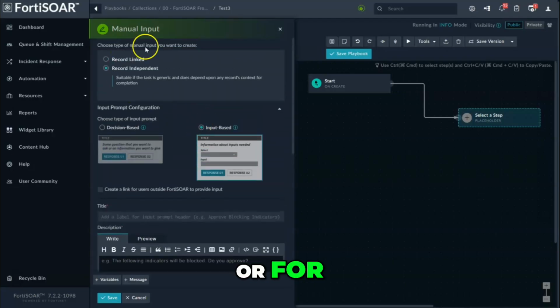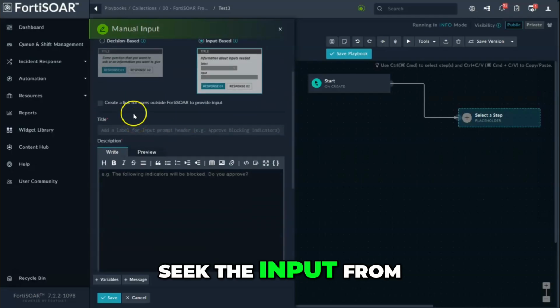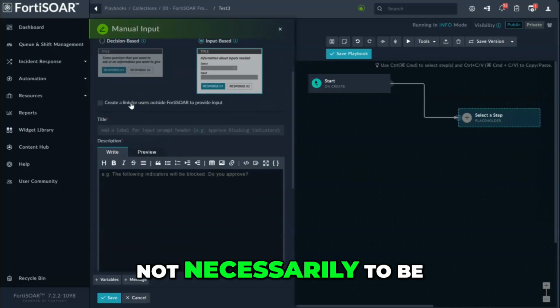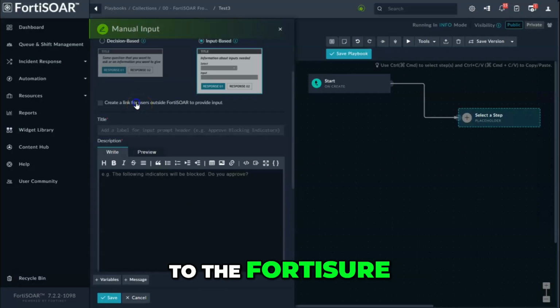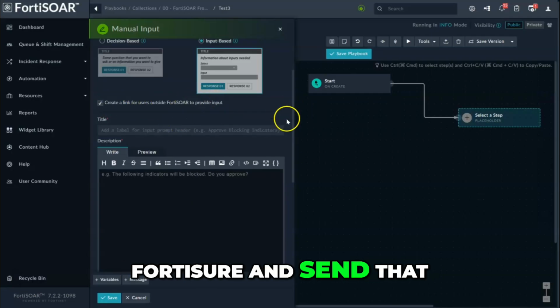In both cases, or on the level of the manual input, you can actually seek the input from external users, not necessarily someone who has access to the FortiSOAR. In that case, you create a link for the users outside FortiSOAR and send